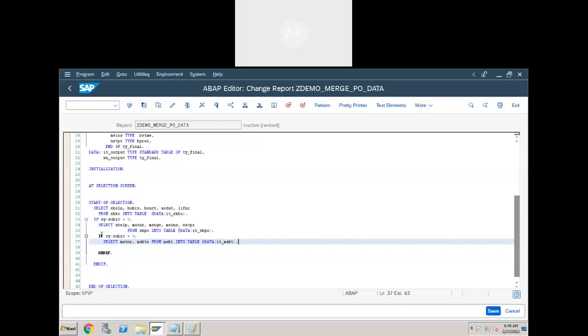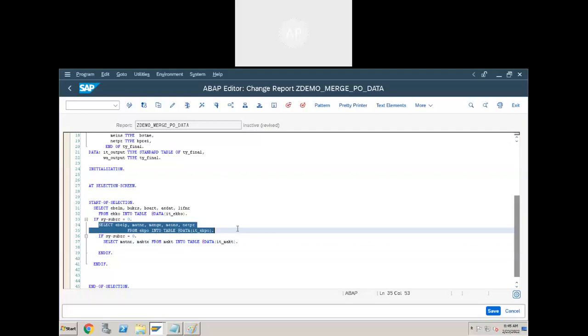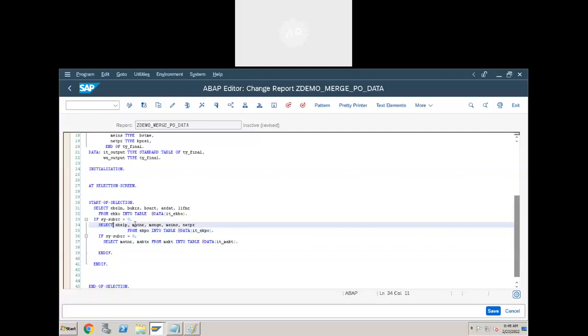What is the common field between EKKO and EKPO? EBELN. Are we selecting that EBELN in the second select statement? No. Is there any link between these both tables' fields? No, right? We have to use EBELN also.